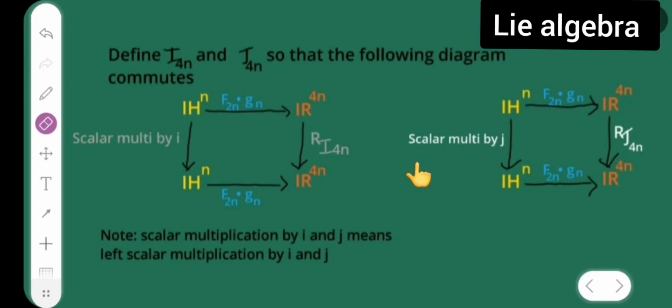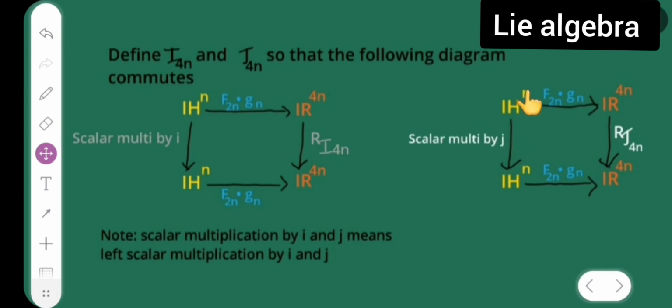So this is my lecture 12, and in lecture 12 I will be defining my I4n and J4n, so that the following diagram commutes. So this is my commutative diagram for I4n,